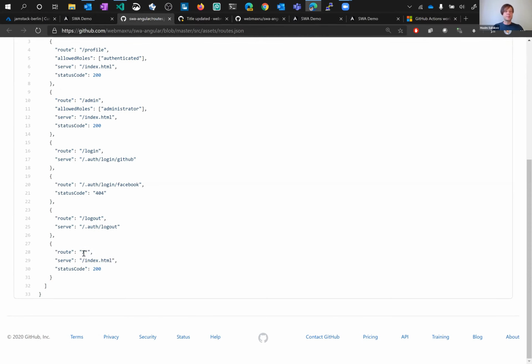What we say, please, dear web server of Azure Static Web App service, any route you have, and we're saying by this template, serve actually index HTML instead of this. And status code, it goes like 200 by default, but here I just decided to have it explicitly just to emphasize that this is not an error, this is a regular situation,